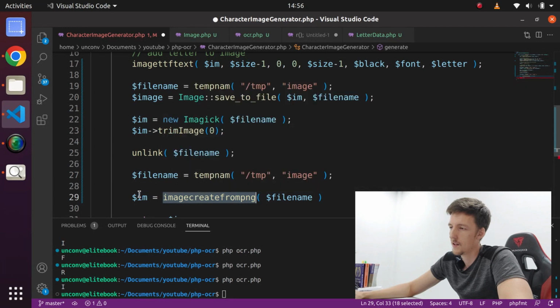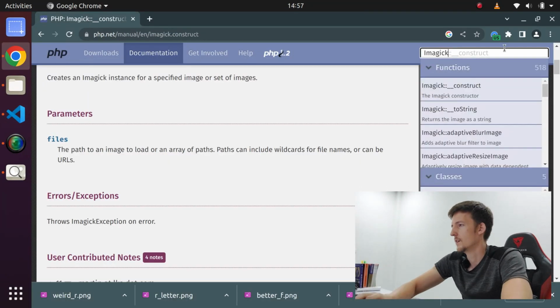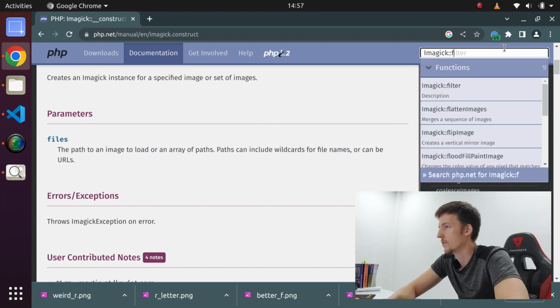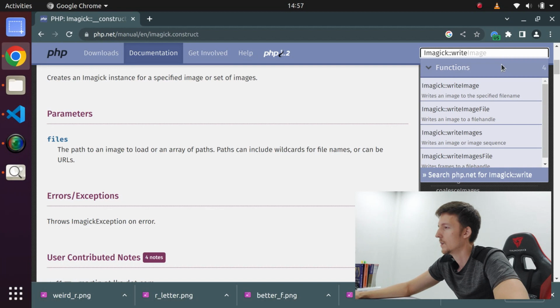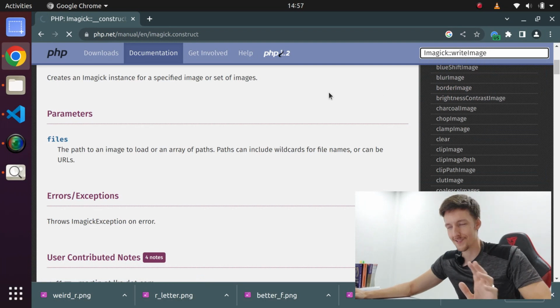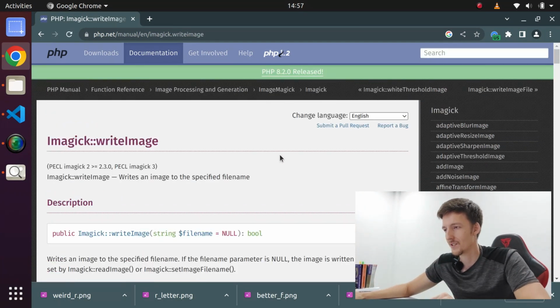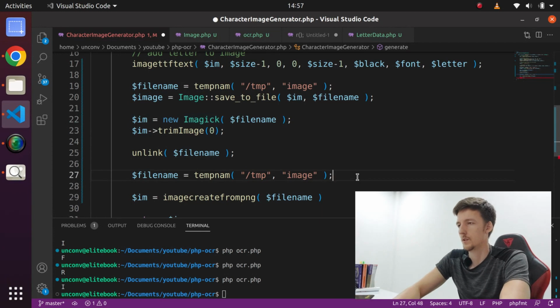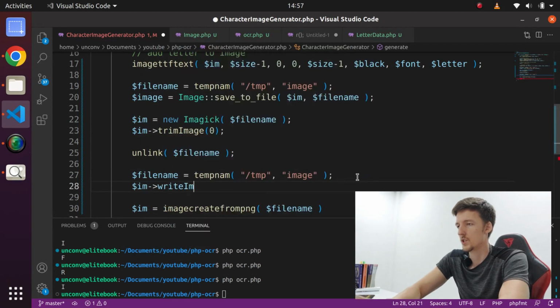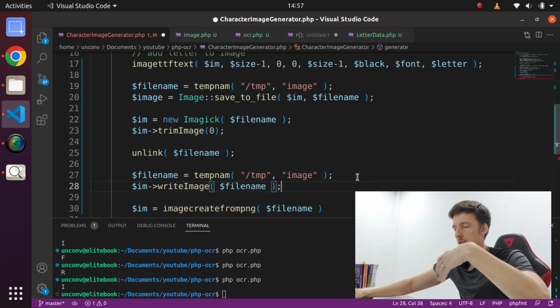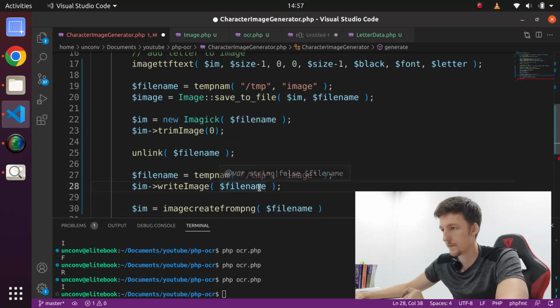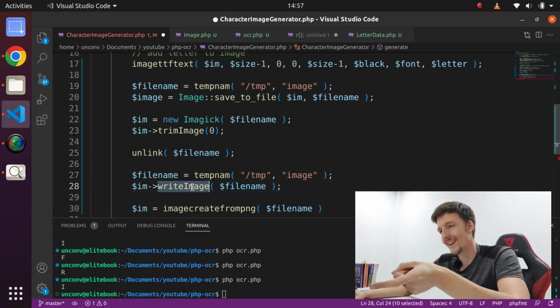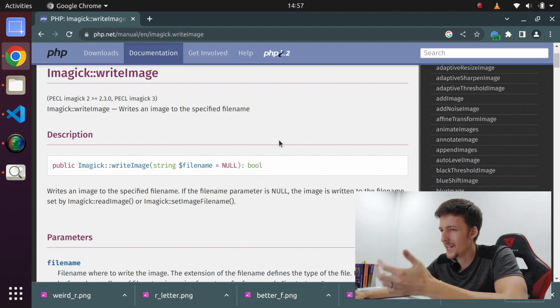and I need to save this image. Is there some save? Save right here. Okay, let's use the actual method here. Write image. I can do write image file name. So this will write it into that file name. And then I have to, can I make it